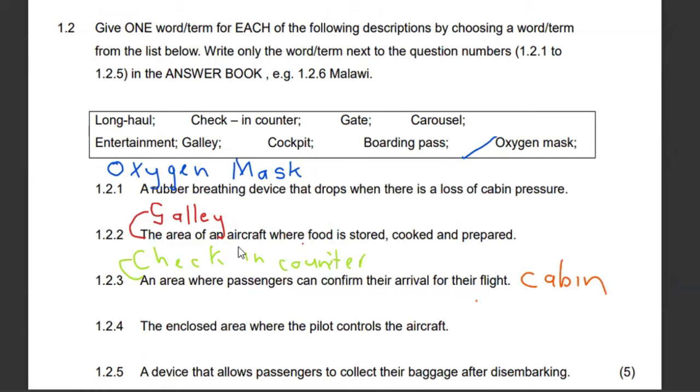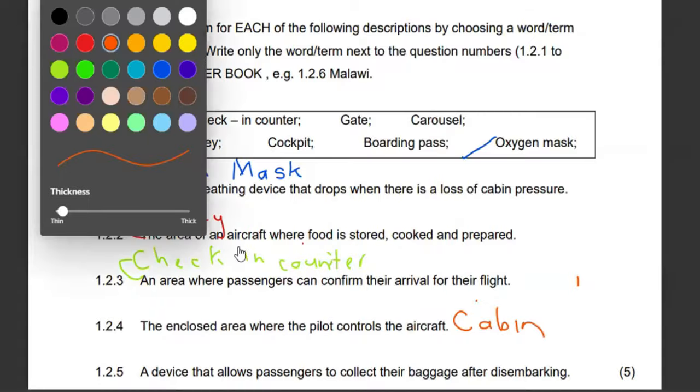Cabin. That is where the pilot controls the aircraft. Then, cabin should be put below them. Let me write it right next to cabin. All right, there we are. Then